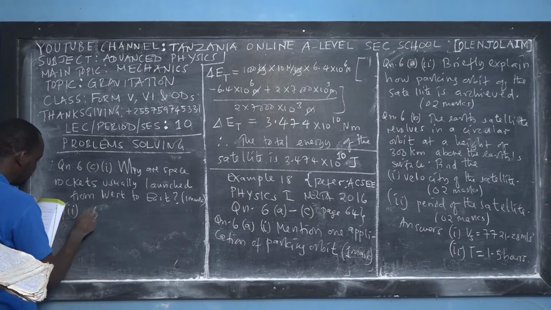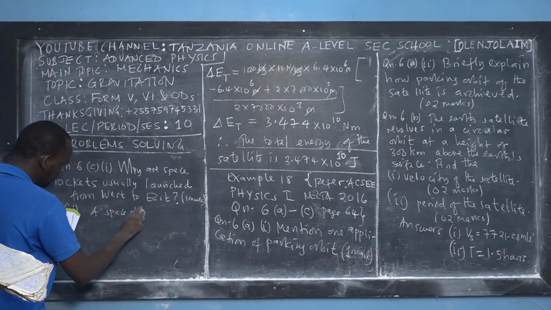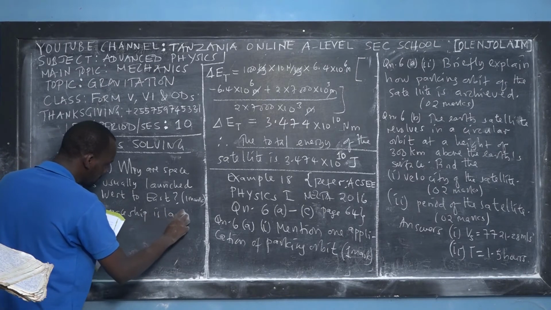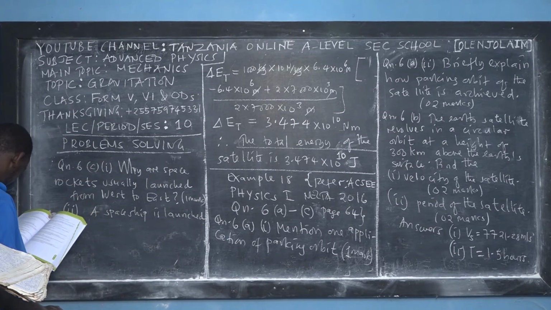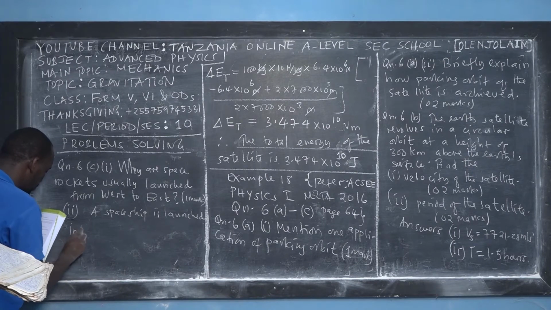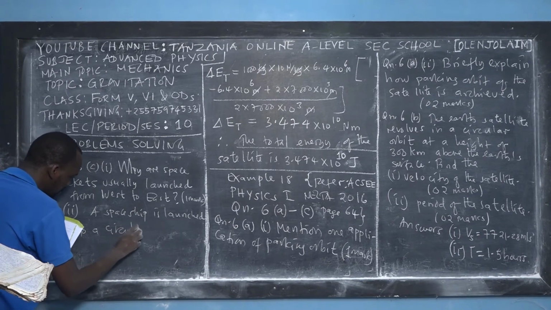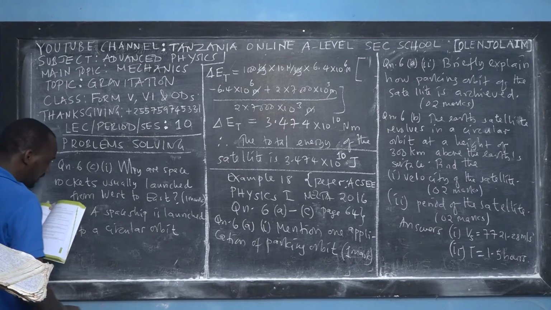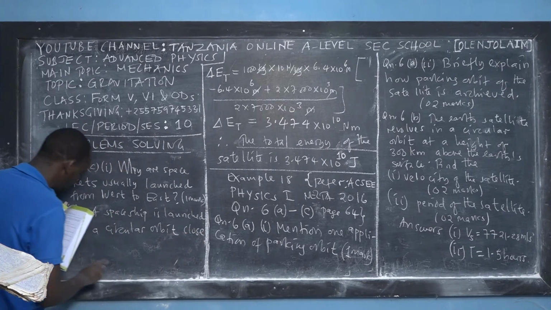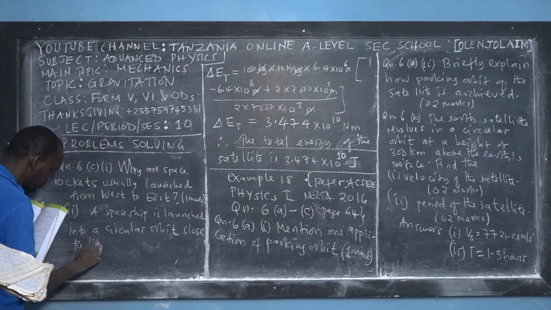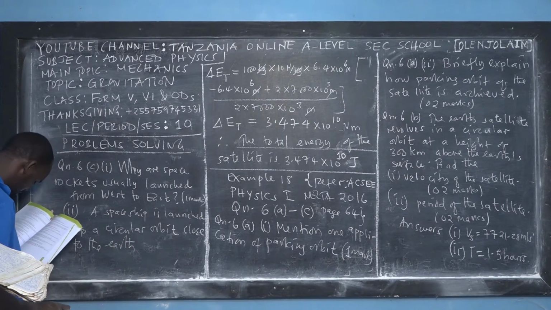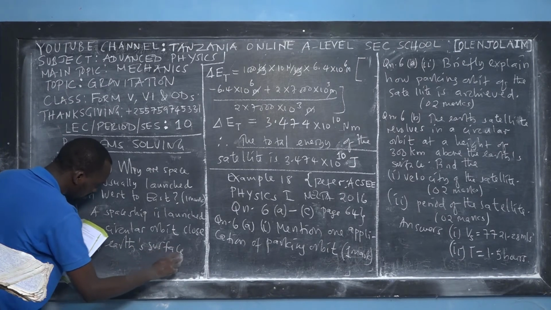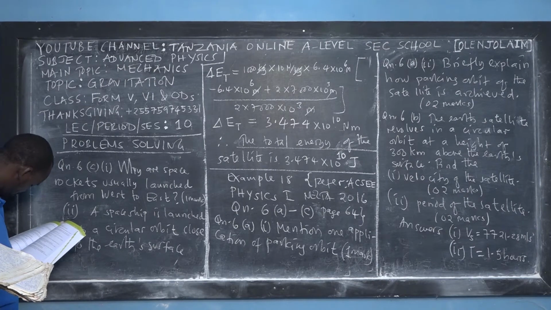A spaceship is launched into a circular orbit close to the Earth's surface. What additional velocity